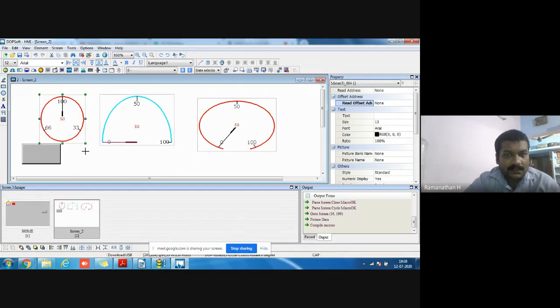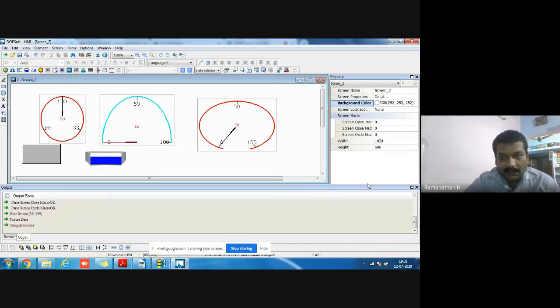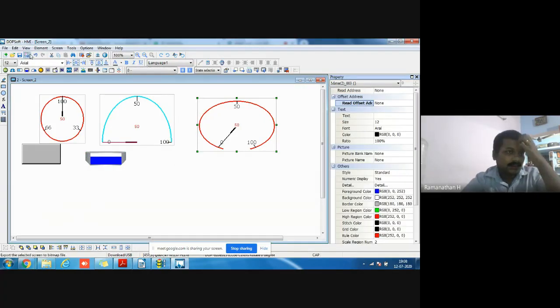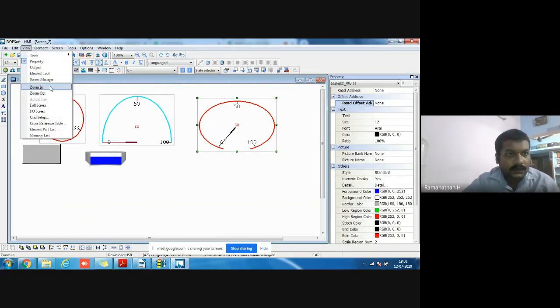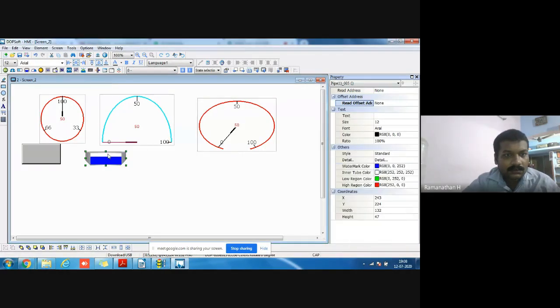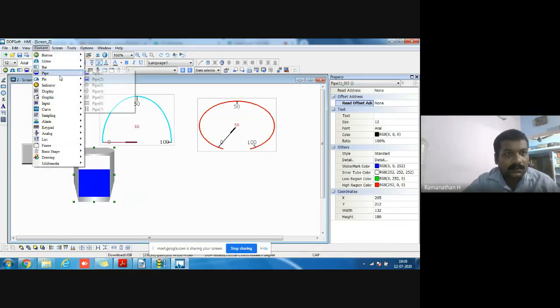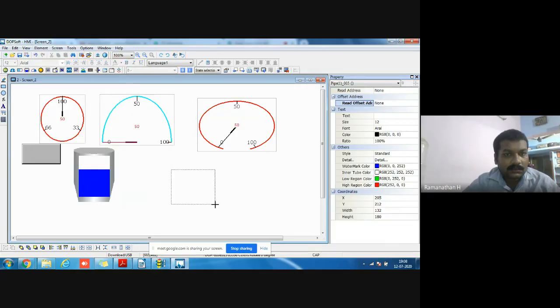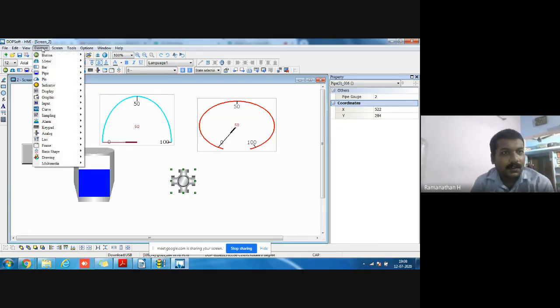A lot of pipes. I close the screen manager and output. If you want, go to view and select the screen manager. Okay. Otherwise, you close it. These are the pipes. These are hoppers, and these are the piping joints for animation work. So these elements are there.